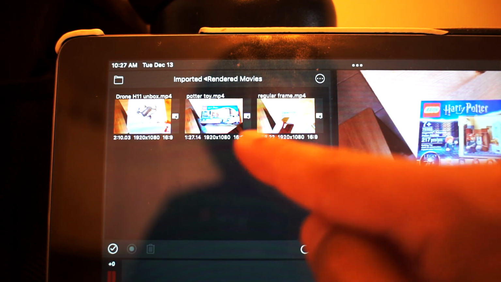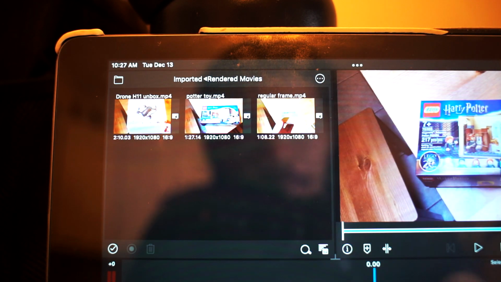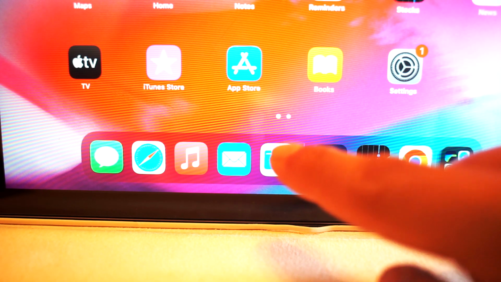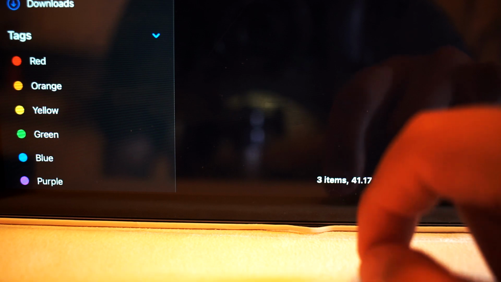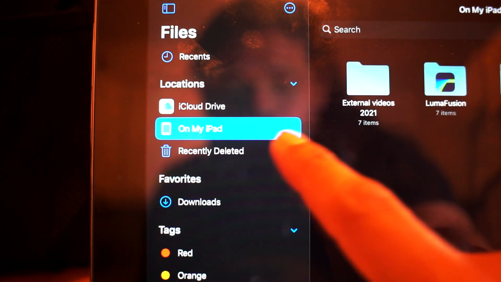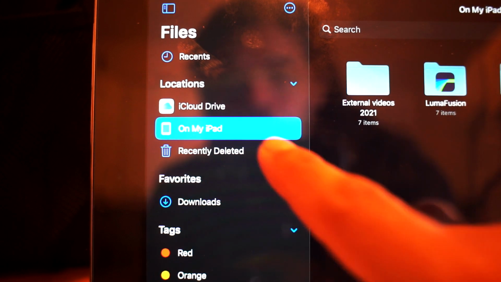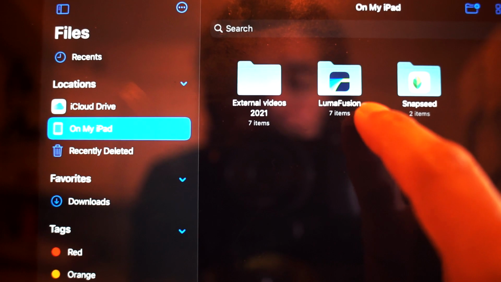Now I'm going to show you where to find your movie file, so then you can upload it to wherever you need to. So to find your movie file, you want to go to the Files folder here. Let's click on that. Okay, find the movie file. It's on your iPad, the one we just got out of LumaFusion. You want to go to On My iPad,